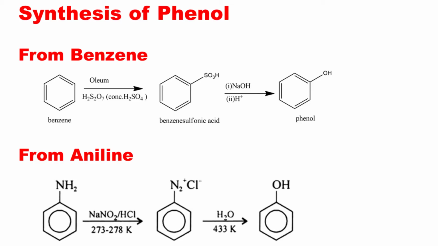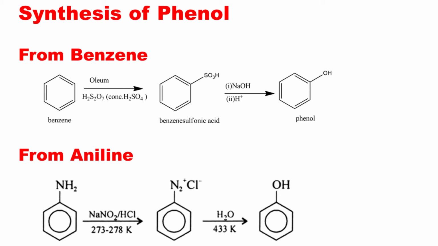The other way of synthesizing phenol is, you can synthesize it from benzene. Benzene can be sulfonated with oleum. Oleum is nothing but H2SO4/SO3. So add SO3 to H2SO4, you will get H2S2O7. Now that's the common type of oleum. You can have more than one SO3 with H2SO4. The corresponding formula will change. For you guys, this is more than enough.